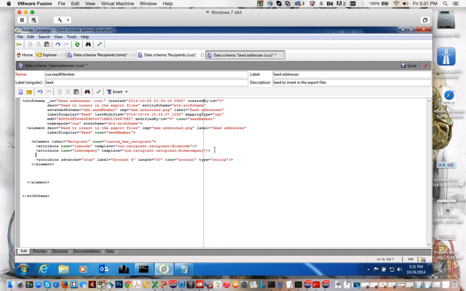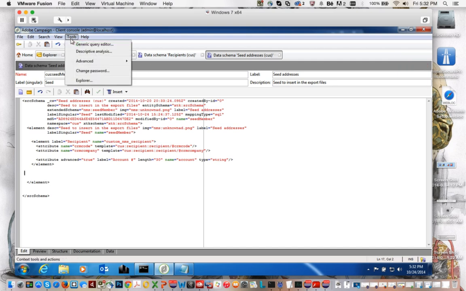The other thing you see here is that I added a new field called advanced or account number, and that's basically referring to the account number of the recipient table, but with the addition of advanced equals true. All the advanced fields are ignored by the AEM side. So this basically means that we will hide the account number field on the AEM side. So let's see if that indeed has that result. So I'm going to save this here,